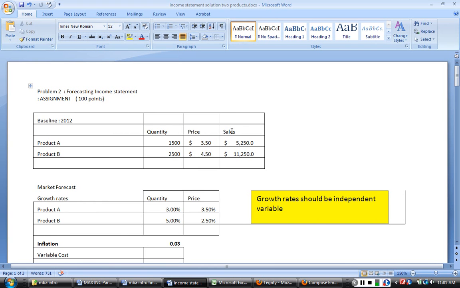Hence, the total sales, which is price multiplied by the quantity, is $5,250. Product B, 2,500 quantity sold at $4.50, and the sales price times quantity is